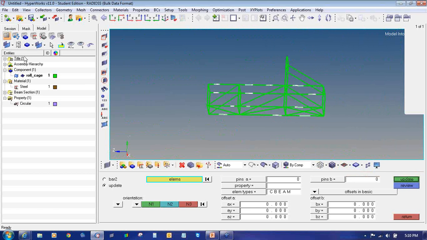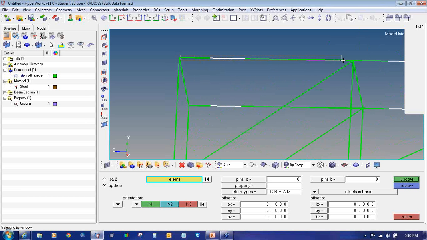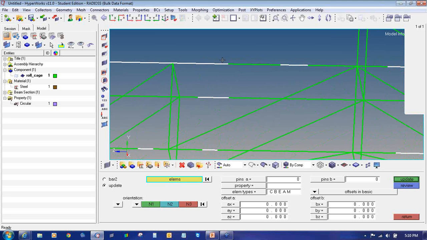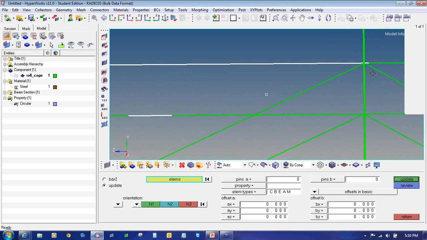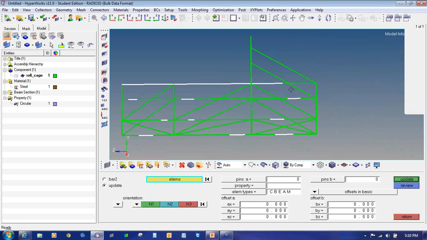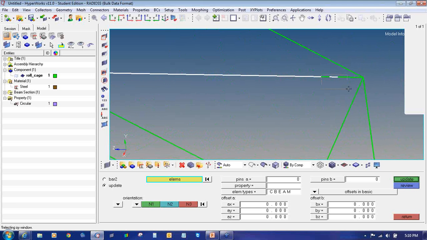And then we will move it to traditional one and turn off the geometry. So these are the beams. So I will select them from this end to this end. So in this way, you need to just update them